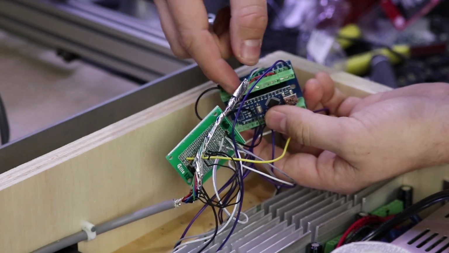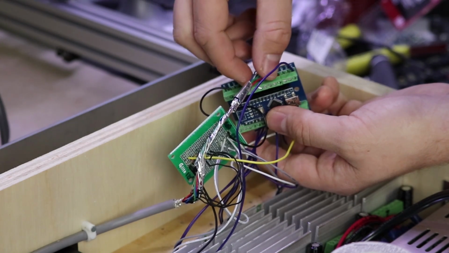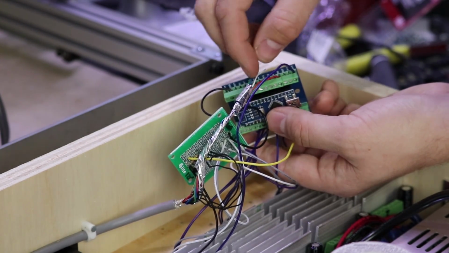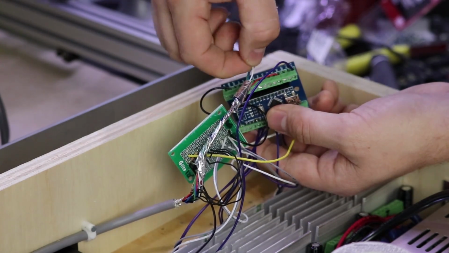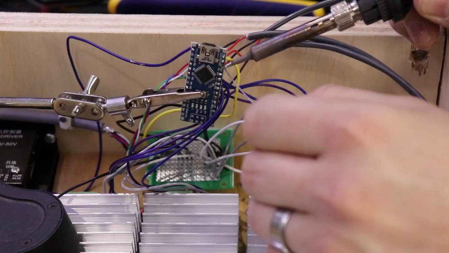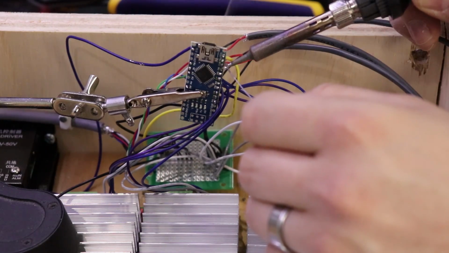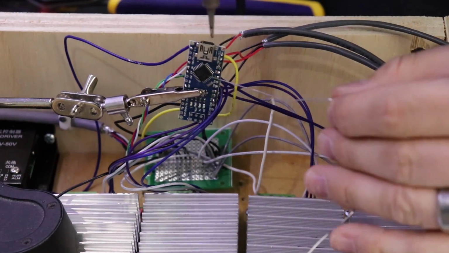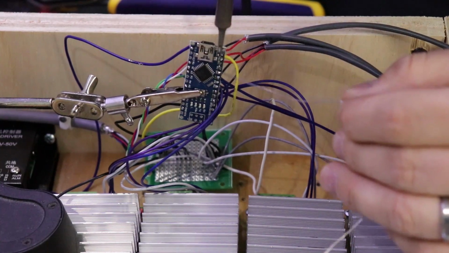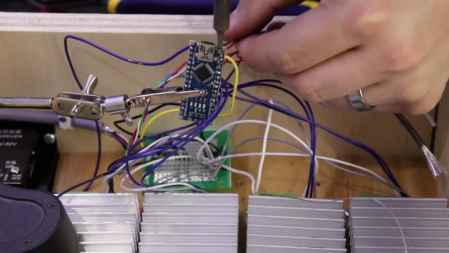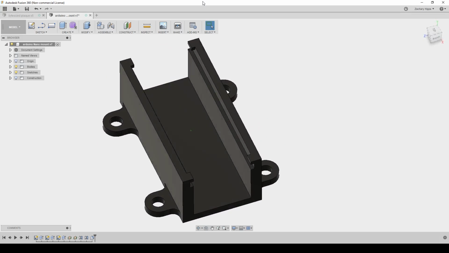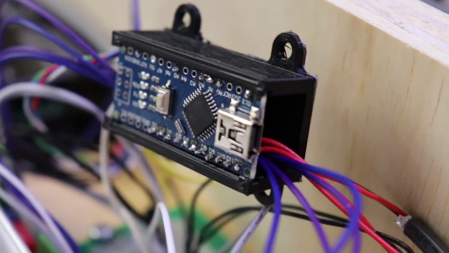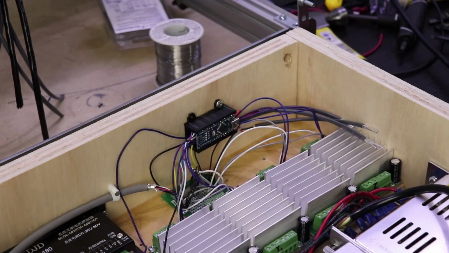Up until this point, I had been using an Arduino Nano breakout board with screw terminals to make all the connections. The screw terminals were oversized for the gauge of wire I was using, and they kept coming out, so I ended up ditching the breakout board and just soldering the wires directly to the Arduino. This is the permanent home for this Arduino board, so I'm not worried about soldering everything permanently. This left me with no way to mount the Arduino board to the plywood box, so I jumped into Fusion 360, designed a mount, and printed it out on my 3D printer. Did I mention I love having a 3D printer for things like this?